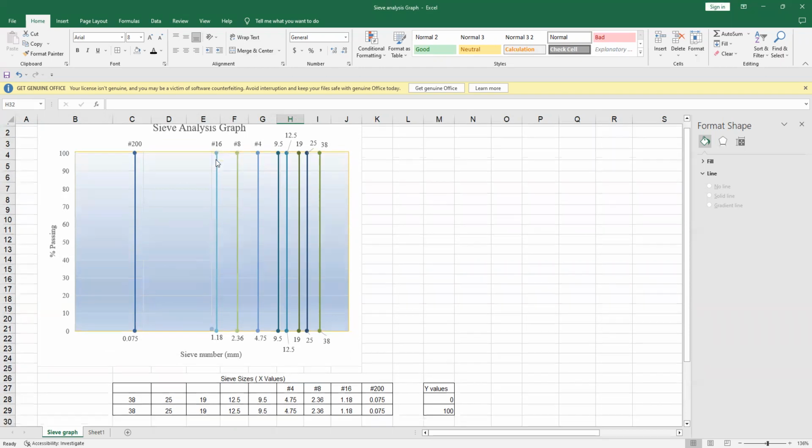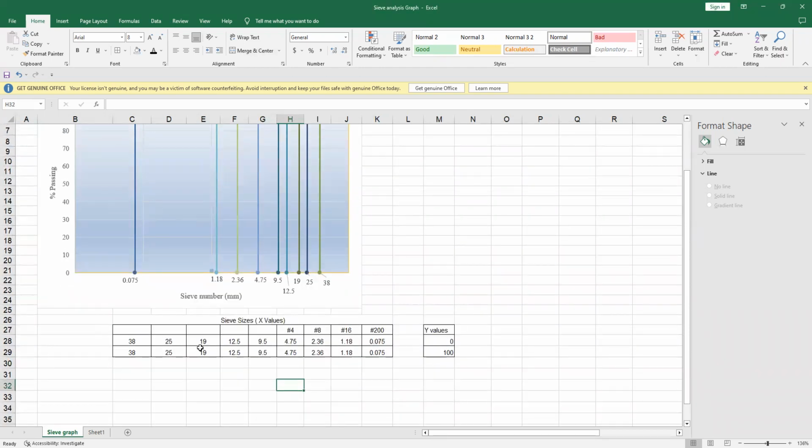You can do it simply by having a table like this, in which, for instance, the maximum size of my sieve was 38. So I write 38 mm, 25 mm, 19 mm, 12.5 mm, 9.5 mm, 4.75, 2.36, 1.18, and 0.075. These are all x values, and this is only the y value. So in order to draw this line,